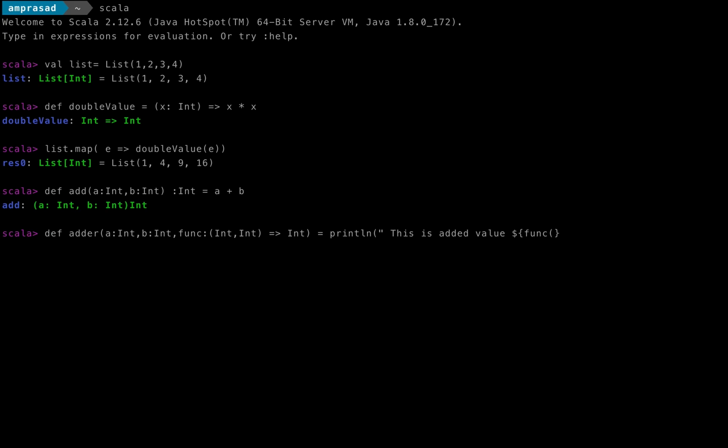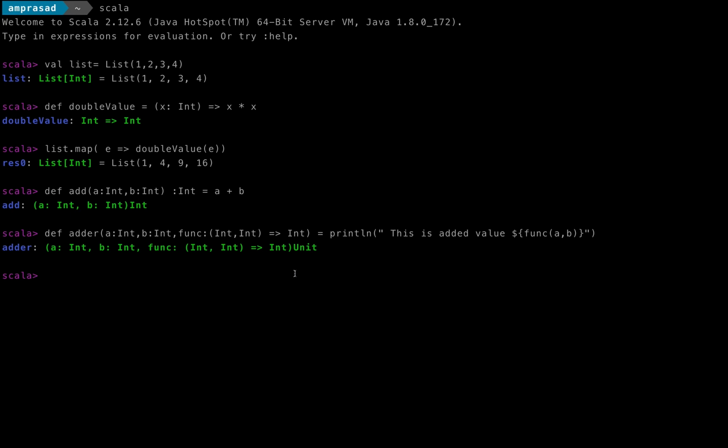The definition tells what values we are going to pass. Since from the method we are getting a and b, we will pass a comma b, and we will close the quotation marks. So we have the definition ready for adder as well.